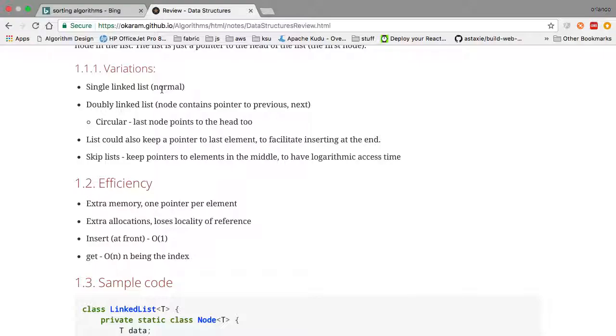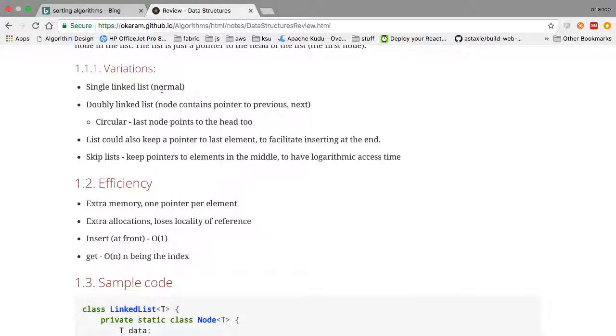What is the idea? Instead of just containing a pointer to the next element, I also keep track of the previous element. Does that make sense? When I have a doubly linked list, many times I keep in my list not just a pointer to the first element, but a pointer to the last element too. And that allows me to